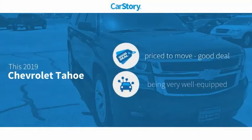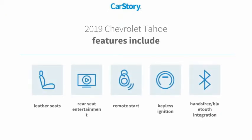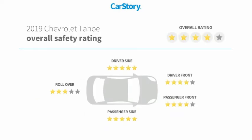Car Story research indicates this vehicle as being priced below the average market price, loaded with features. Features also include remote start, keyless ignition, leather seats, hands-free Bluetooth integration. With these ratings,